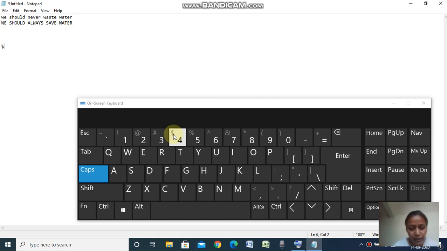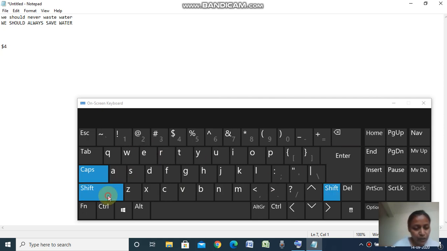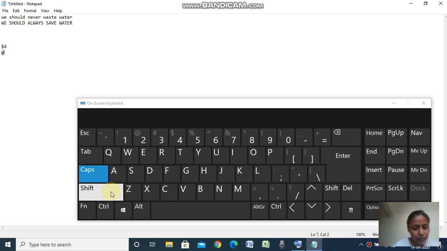See children, you have seen the upper character has appeared. If I don't press shift key, if I press 4, then it will appear 4. Again you can do for the other. For example, shift key, @ symbol. If I don't press shift key, it will appear only 2.